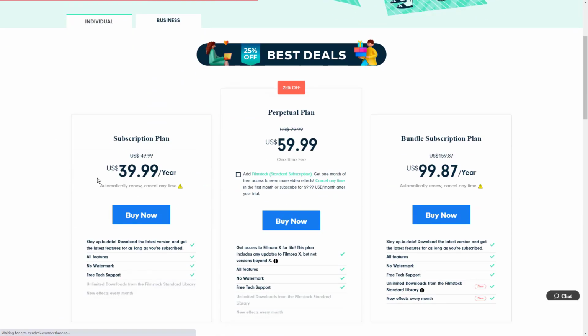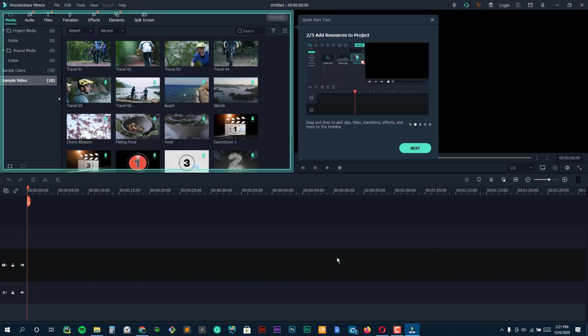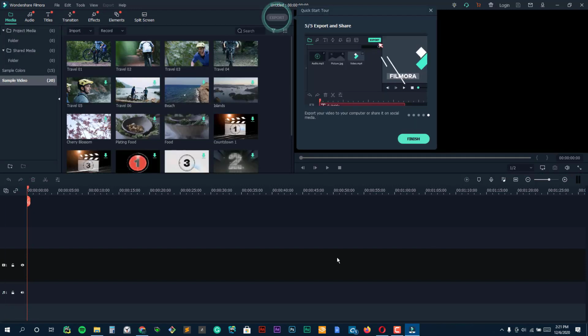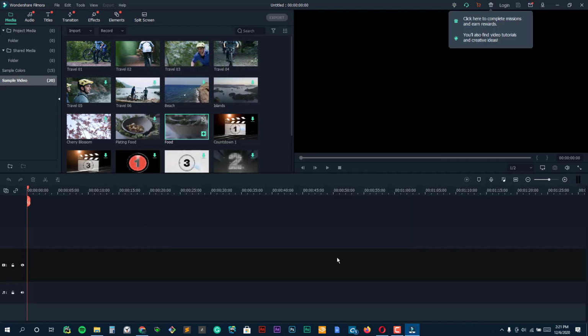The most recent release added features like motion graphics, color matching, and a keyboard shortcuts editor to help you create your own time-saving workflows. There is also a free mobile app for editing videos on the go and simply uploading to Instagram or YouTube. The premium version costs $70 for a lifetime payment, or you can choose to pay $45